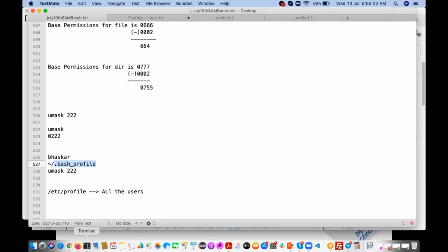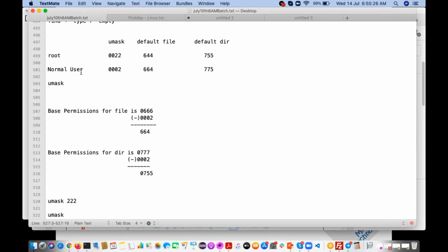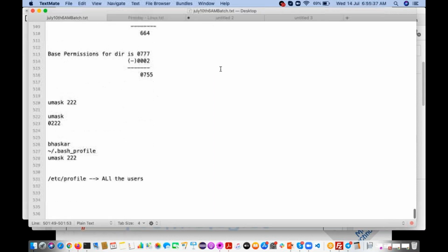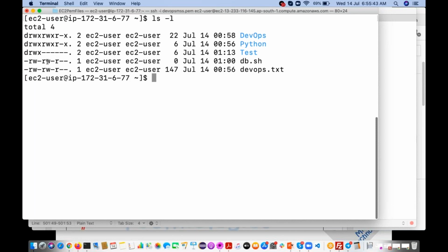So now we'll see whether for a normal user these are the default permissions for files and these are the default permissions for directories, set or not. If you type ls -l, it shows some alphabets, these permissions.